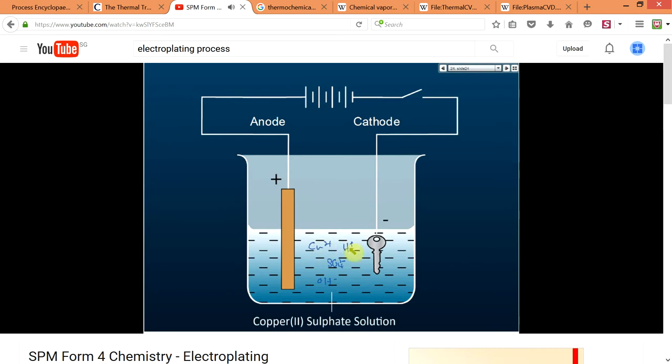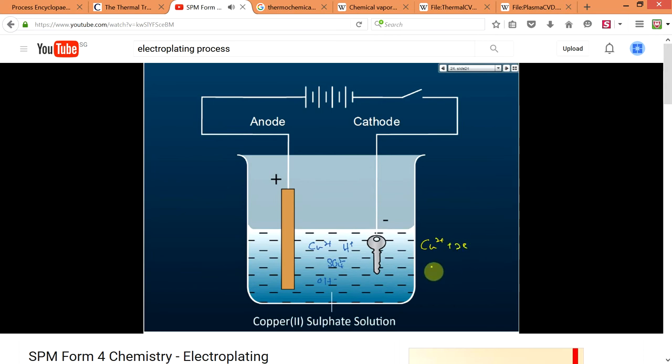Which one will be selected to be discharged? Copper and hydrogen. Which one will be selected to be discharged? Copper. Because copper is lower than hydrogen in the electrochemical series, and therefore copper will be selected to be discharged. So when copper is selected to be discharged, the copper ions will form copper atoms, plus the electrons at